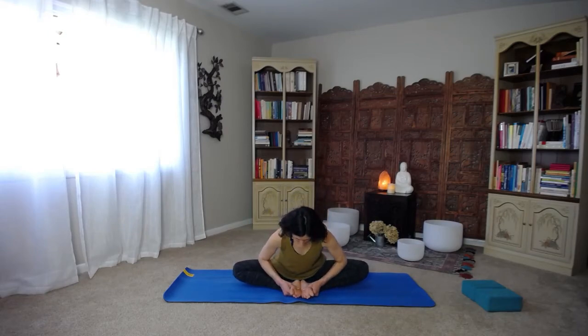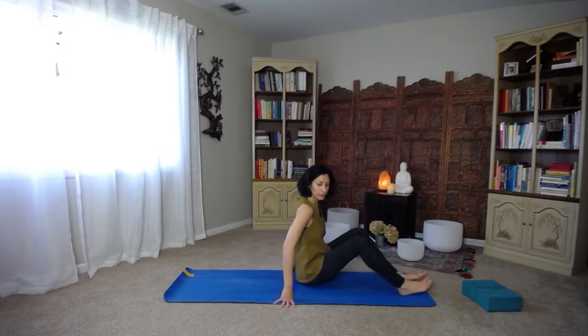We'll inhale, rise, come into Baddha Konasana, bring the soles of the feet together, open the feet like a book, and then fold. And then we'll rise. We're going to cut through here, take the legs forward, come down,